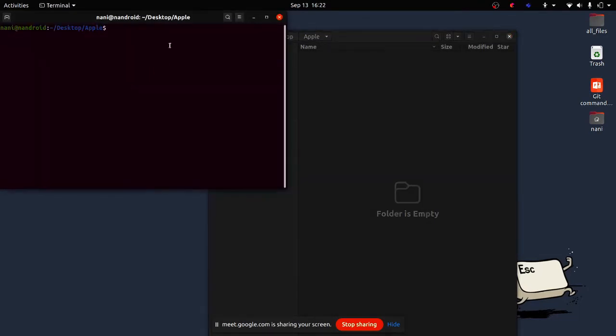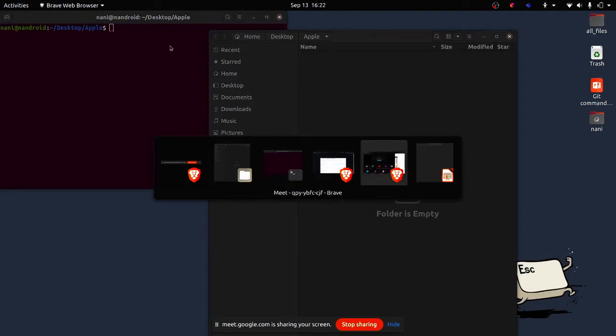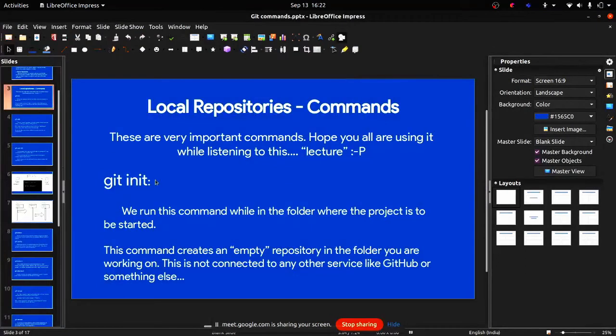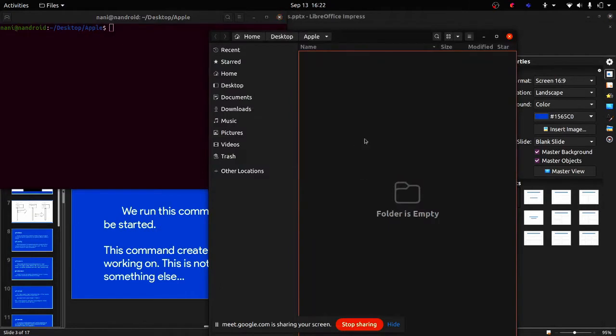So I'm typing the first command, git init. All you can see here is just a folder. To make this folder track files that we are working on, we need to convert it into a repository.